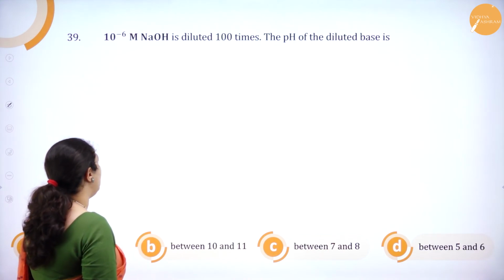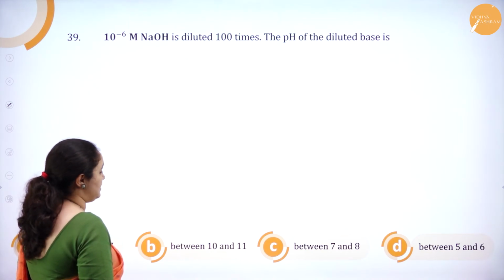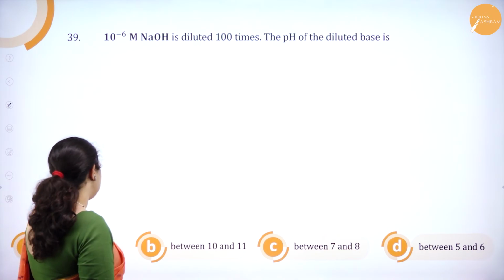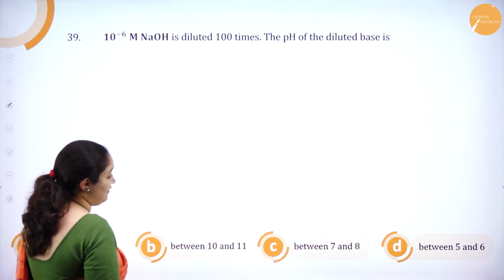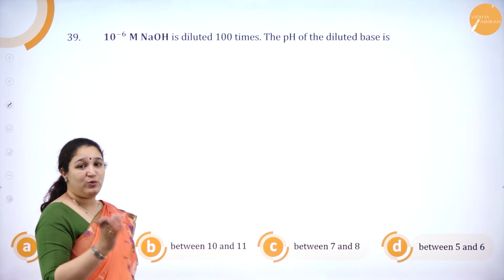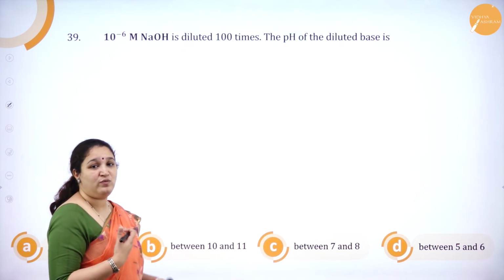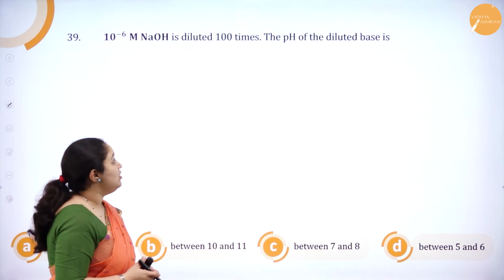10 to the power minus 6 molar NaOH is diluted 100 times, and the pH of the diluted base is option A between 6 and 7, option B between 10 and 11, option C between 7 and 8, and option D between 5 and 6. So you need to tell between which is the pH. We do not calculate the exact pH here. Okay. So first thing is,